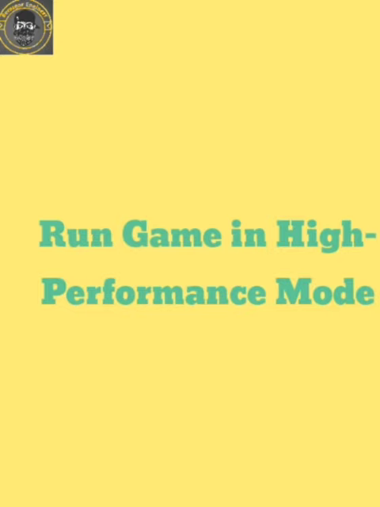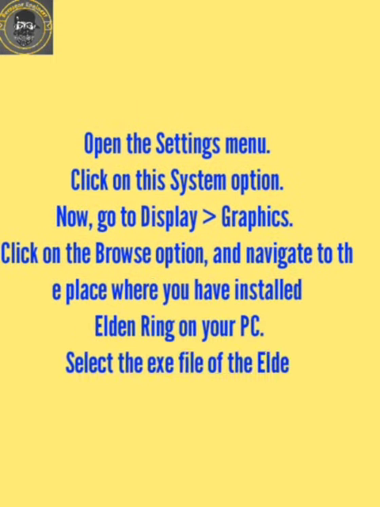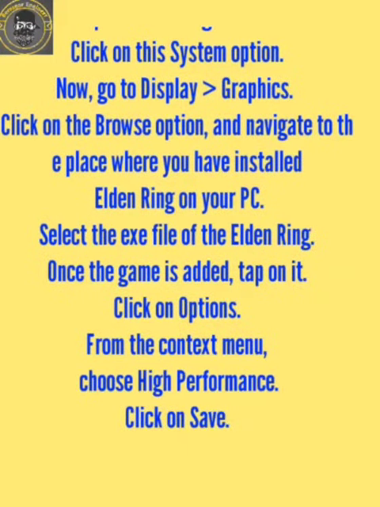In the third method, you need to run the game in high performance mode. So how to do this? First of all, click on the Browse option and navigate to the place where you installed Elden Ring, and select the executable file of Elden Ring. And once the game is added, tap on it, click on Options from the context menu, and choose High Performance, and click on Save. Your problem will be